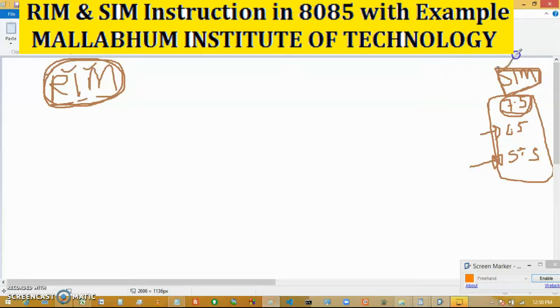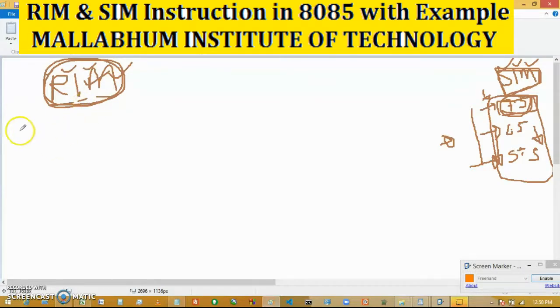This is the Set Interrupt Masks, where we are setting the interrupts or making the interrupt available. Now suppose we are the customer, requesting the interrupt service on all the lines at the same time. It is served according to priority first, and these two are going to be pending. Whatever the pending lines are, they are read after the execution of 7.5 with the help of this RIM instruction. This is also a 1 byte instruction.